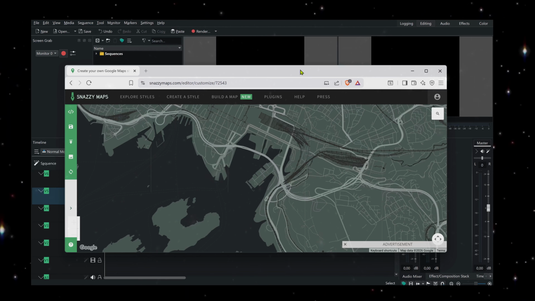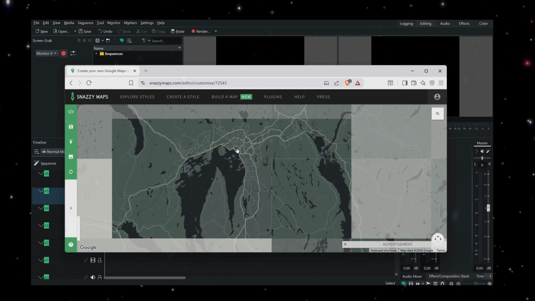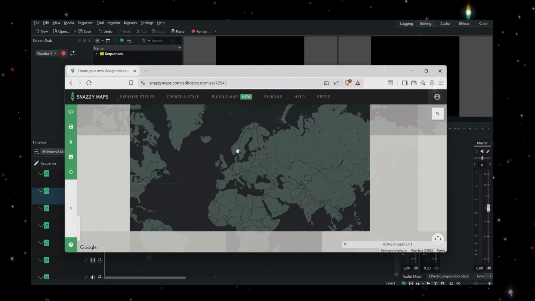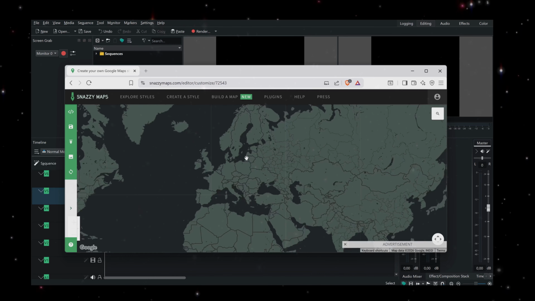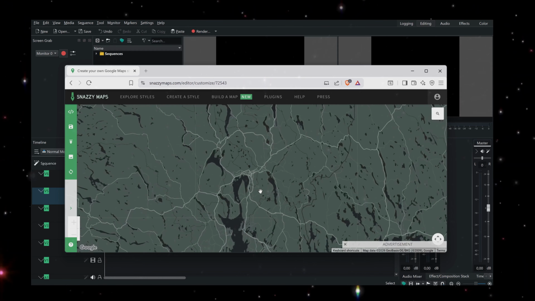So you can use this website, Snazzy Maps. This website's very cool. You can spend a lot of time on it. I'm not going to get into it, but basically I've picked out a theme that someone already made. Very cool, very minimal, and I can zoom into any city here. This one just happens to be in Oslo, so we'll zoom in,